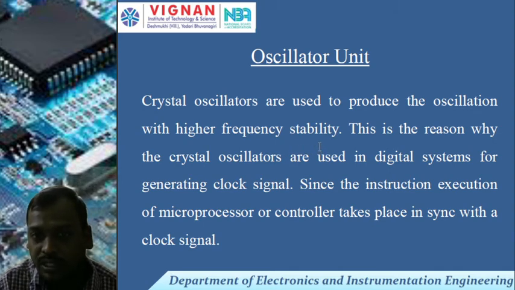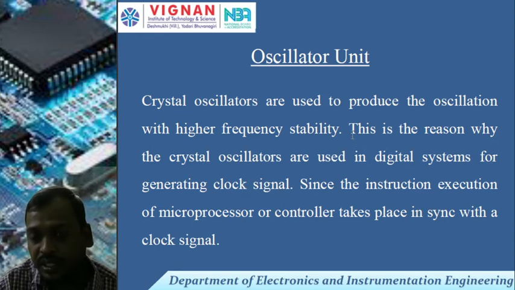Then the oscillator unit. Crystal oscillators are used to produce oscillation with higher frequency stability. If you are taking the 8051 microcontroller, it requires 11.059 megahertz. For that input you have the crystal oscillator. It generates the required frequency for the microcontroller; we require 11.059 megahertz, and it will give that much frequency to the microcontroller. Why do we require a constant frequency to execute the instructions? The instructions require the